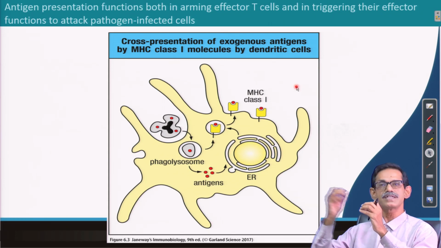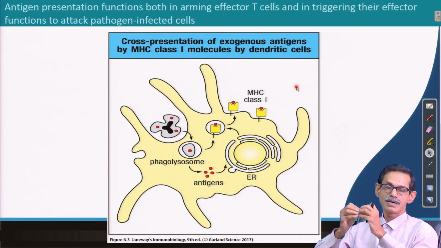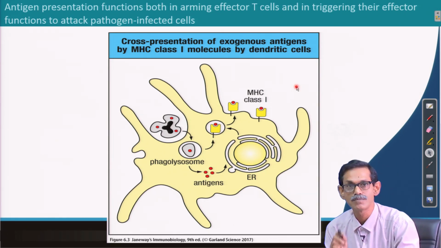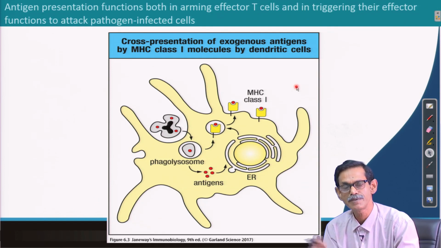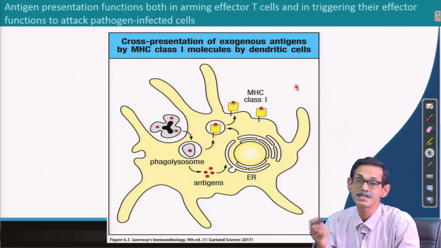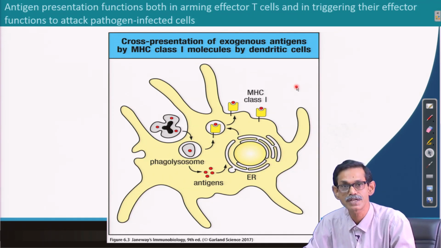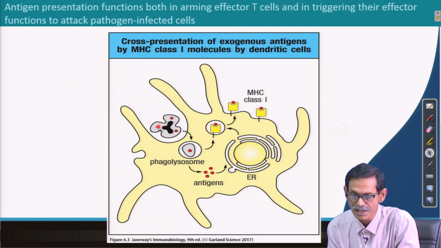So, if any other cells are infected by virus, they cannot activate the T cells. If the cytotoxic T cell is not activated, it cannot kill the virus infected cells. So, who will activate and how will it be presented? One is direct, that means the dendritic cell is infected by the virus, and in that case it will be presented by MHC1. But if the dendritic cell or macrophage is not infected by the virus, what will happen? Then the virus infected cells